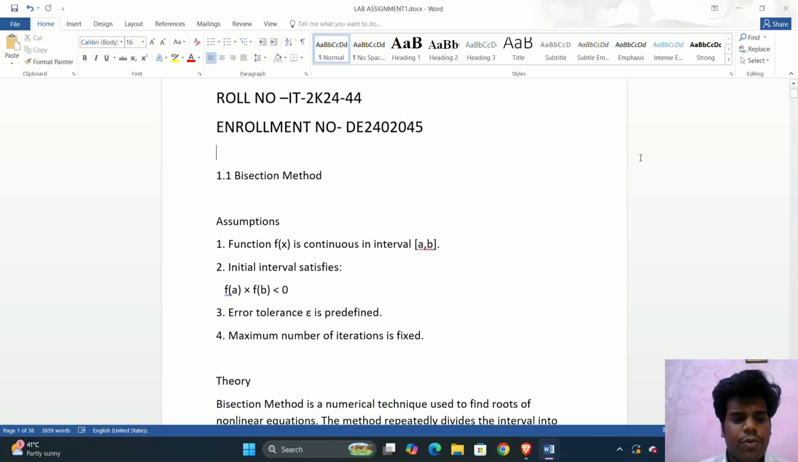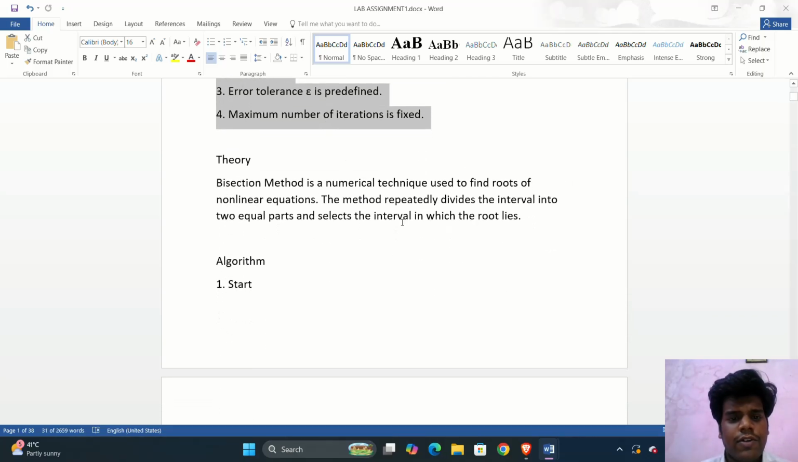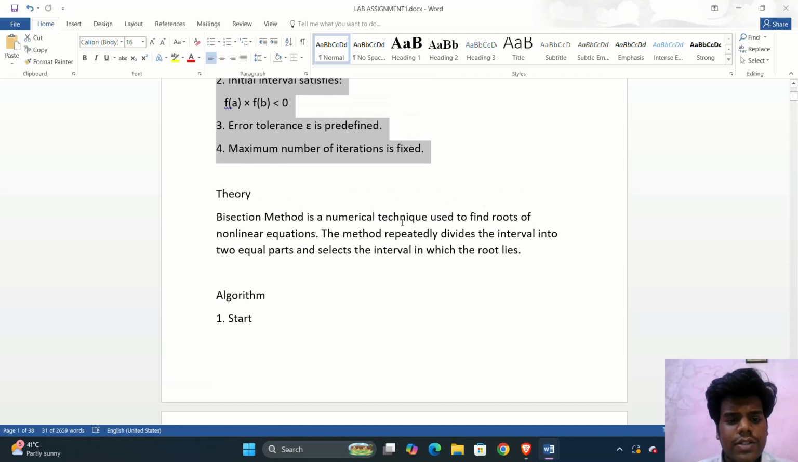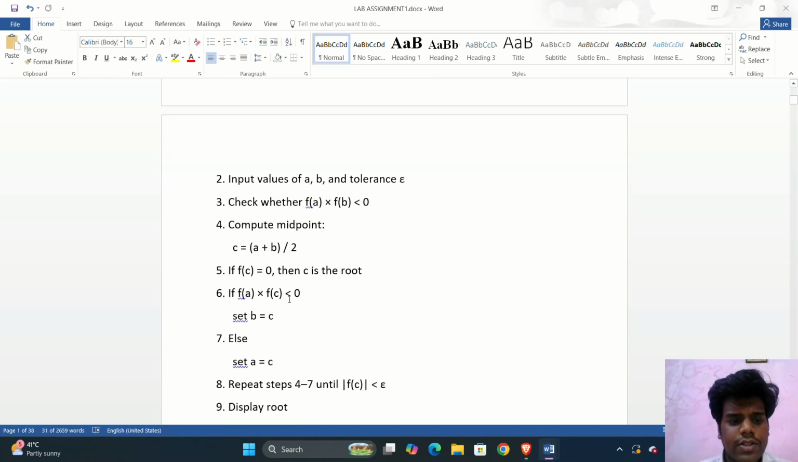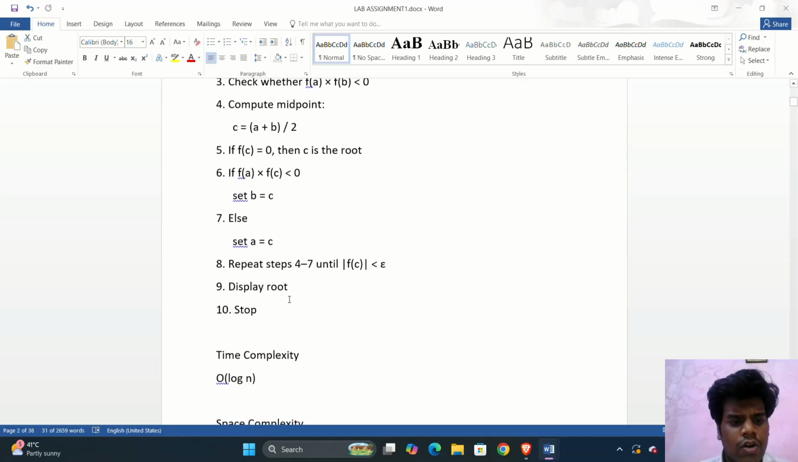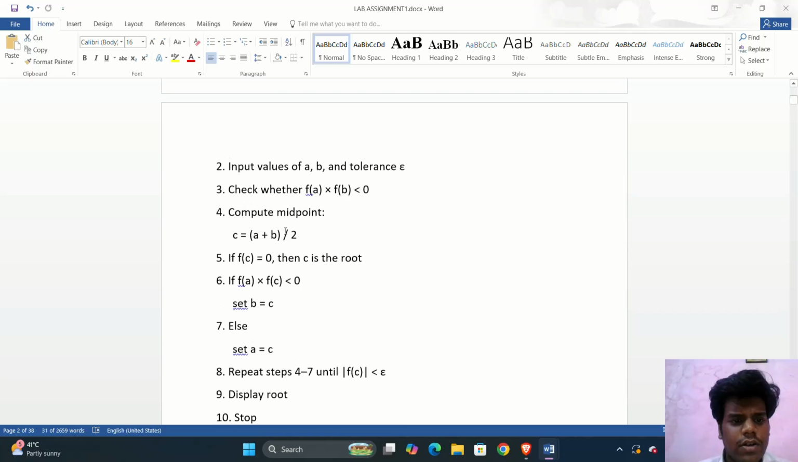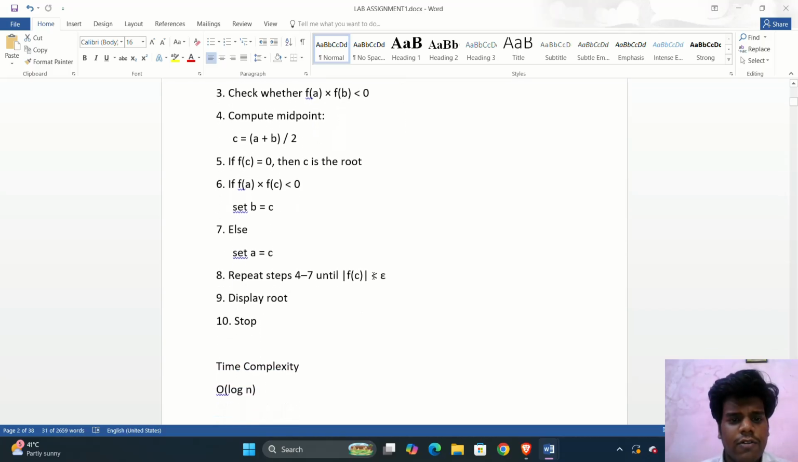Let's go to the 1.1 bisection method. The assumption is that the function f(x) is continuous in the interval, the error tolerance is predefined, and the maximum number of iterations is fixed. The bisection method algorithm: start, input values a, b and tolerance e, check whether f(a) into f(b)